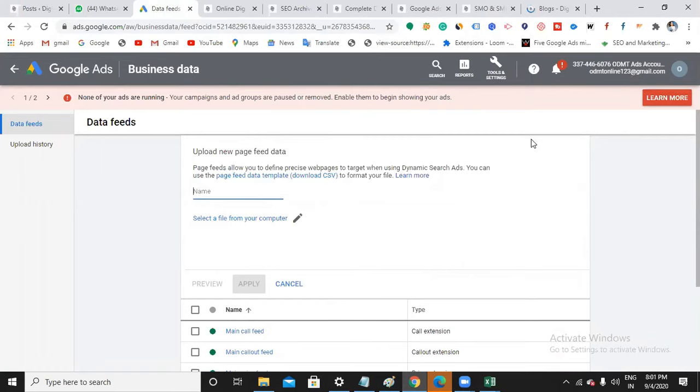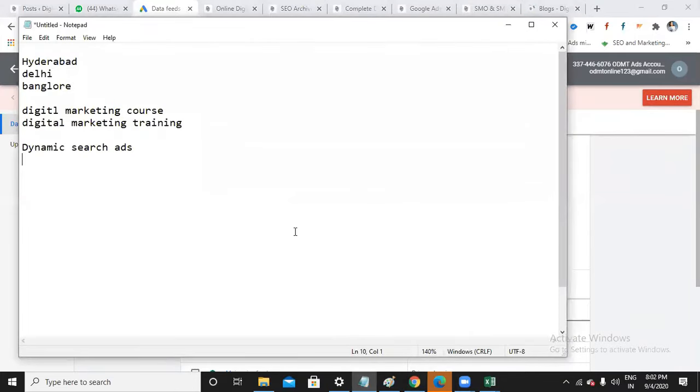Okay, so this is what you can do with this business data. So you might have known now, it is all about automation. So exactly reaching out for that customer. I don't want to waste my time or have a lot of budget by showing to the wide audience, by showing irrelevant ads to irrelevant users. No. You will be showing the exact one to the exact audience. That's it. The next.